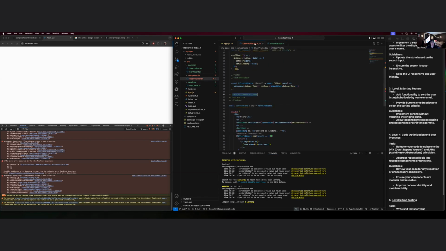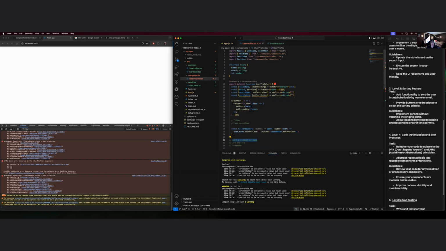So we have our action item here, and we have a way to store it. So let's